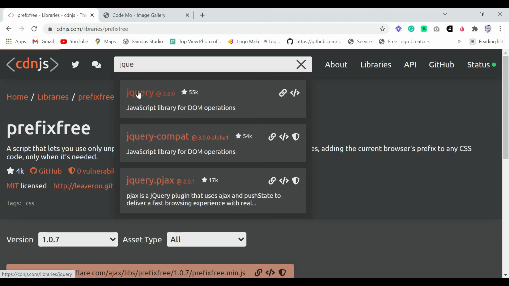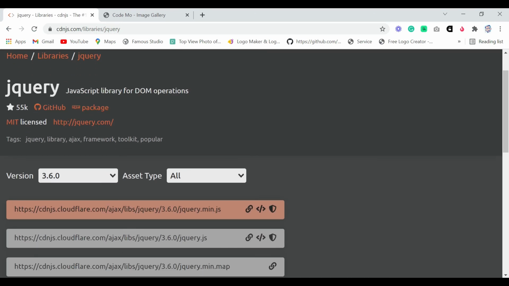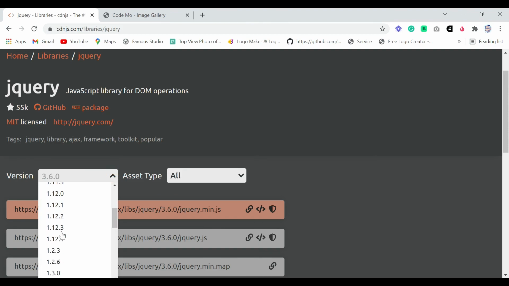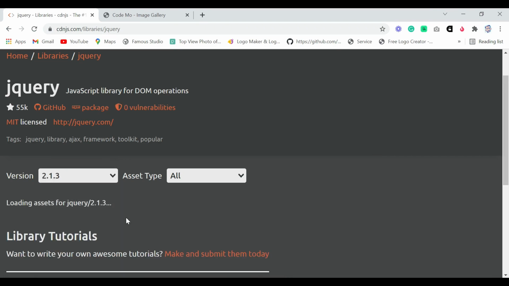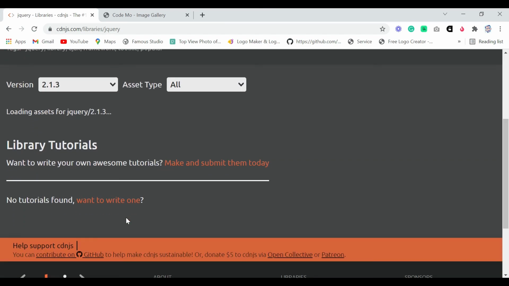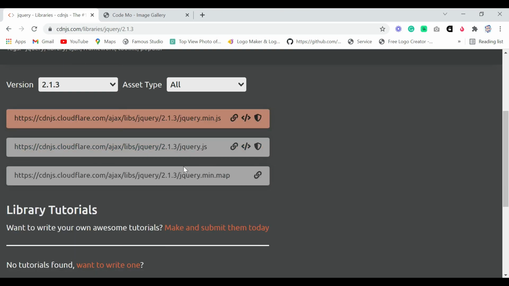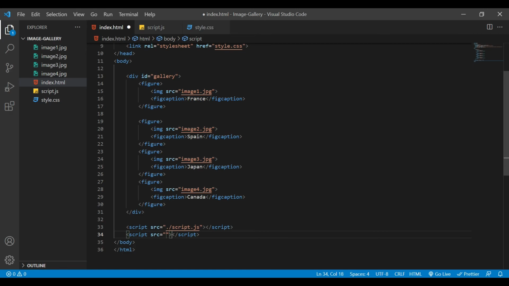Okay, simply choose the version 2.13, and here I'm going to copy this. Wait, it's just loading. So simply choose this, copy this URL, come back to your text editor and paste it there. Now save your file, come back to your browser,